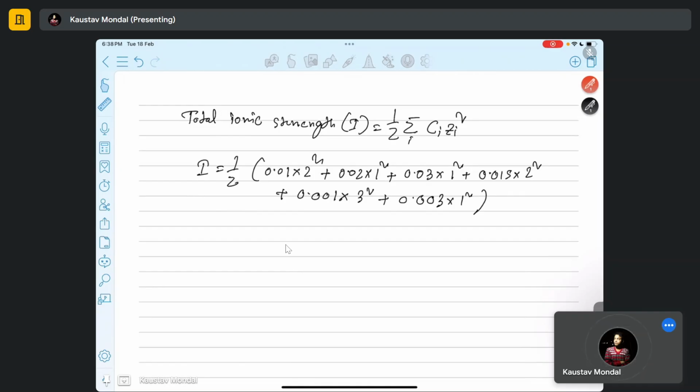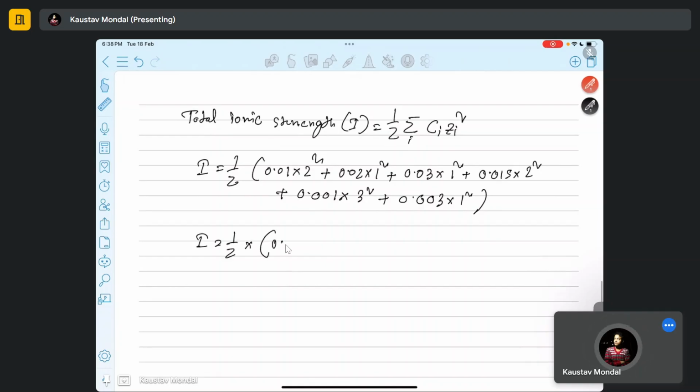Total strength is this. So now we calculate all of the things. I will simply take half into 0.04 plus 0.02 plus 0.03 plus 0.06. If you calculate all these things, we will get these results. So 0.06, now comes 0.09, last comes 0.03. Now half into, if you add all these six values, you will get 0.27, and